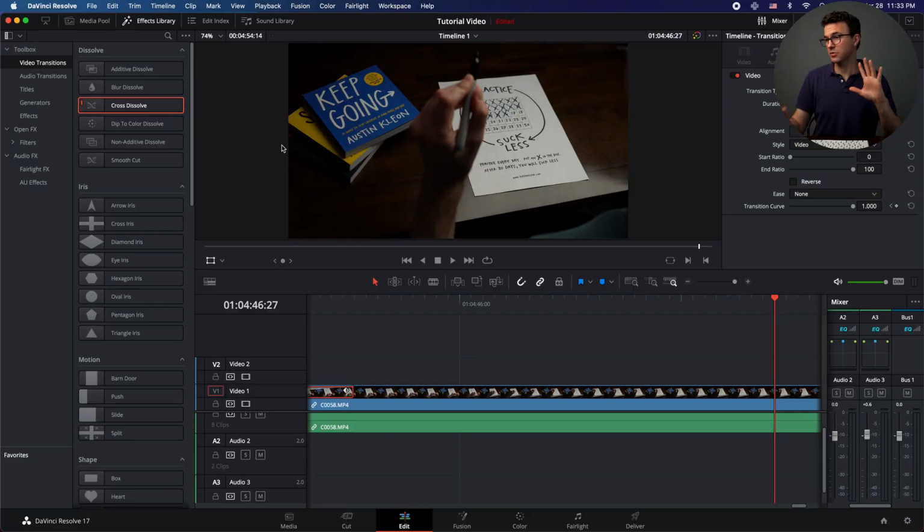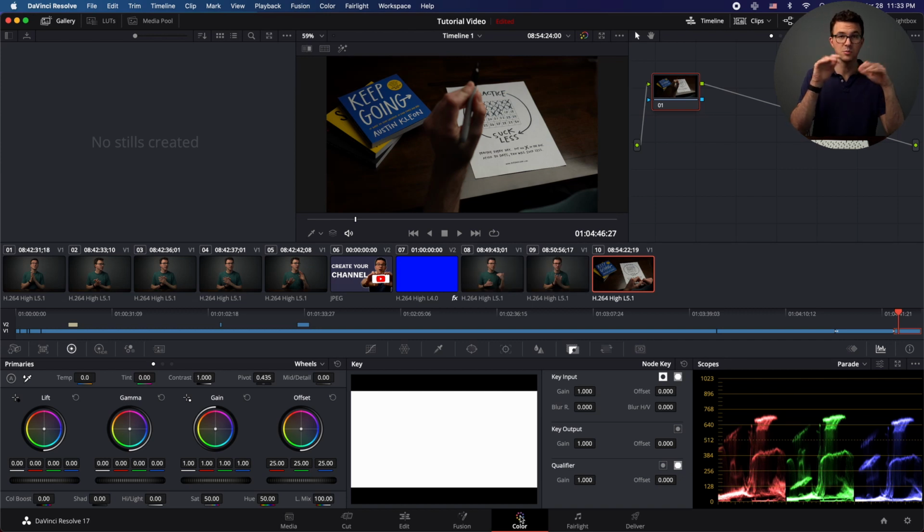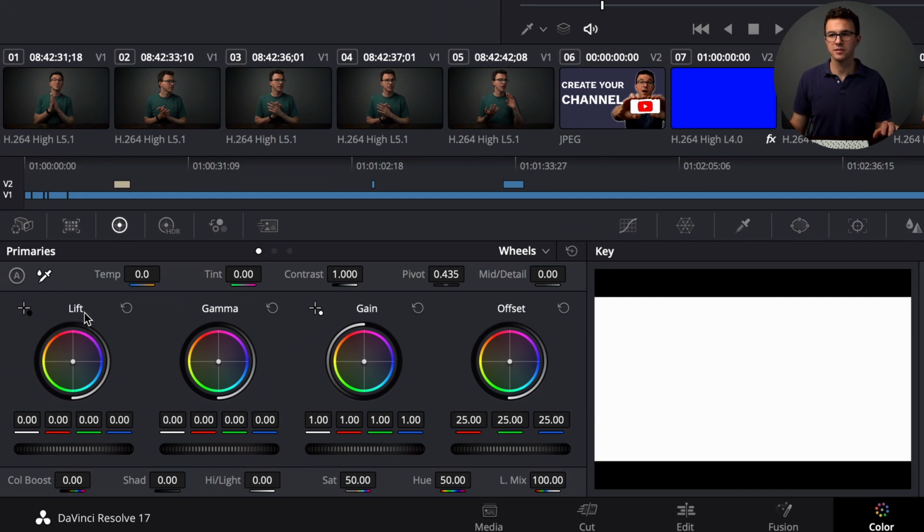The very last thing that we want to do with this video is the color. This is one of the things where DaVinci Resolve shines. Honestly, they use this for movies and all sorts of crazy production, so there's a lot going on here right now. Along the side here, this is the low end of the colors, kind of the mids, the highs, and this is the overall lighting of the video.